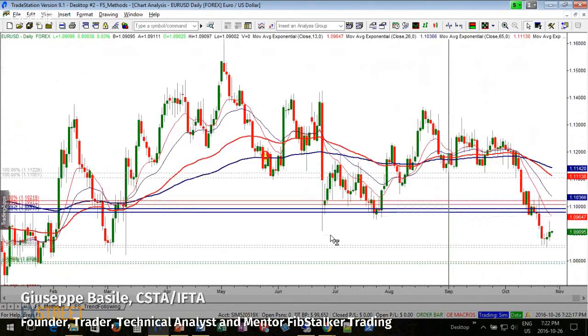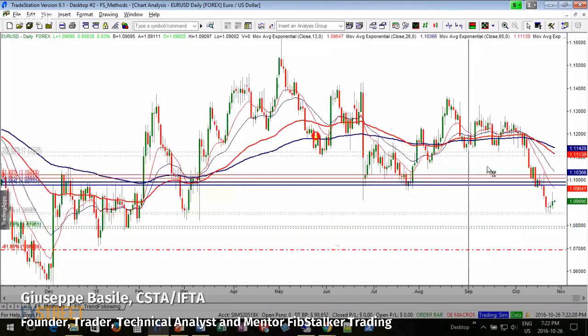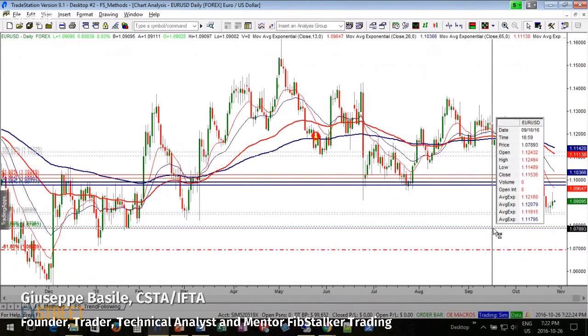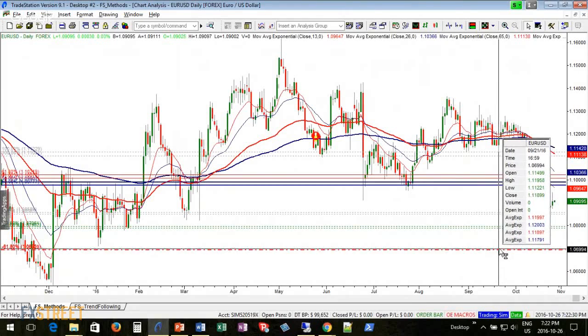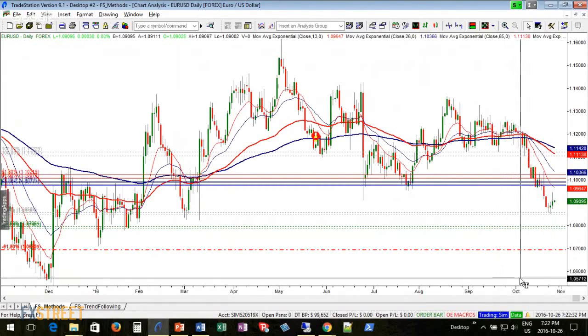Where we see the euro dollar, well, we see it into this first target eventually, 107. It's 107, 108, and then eventually 106.90 on its way into previous lows. Okay,